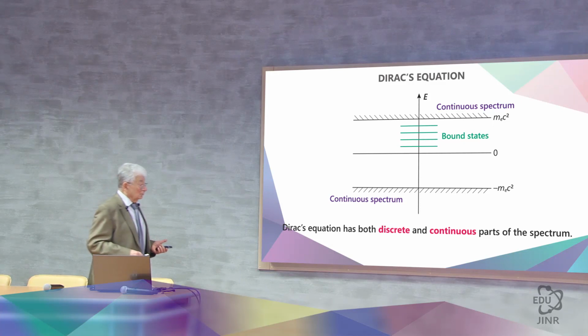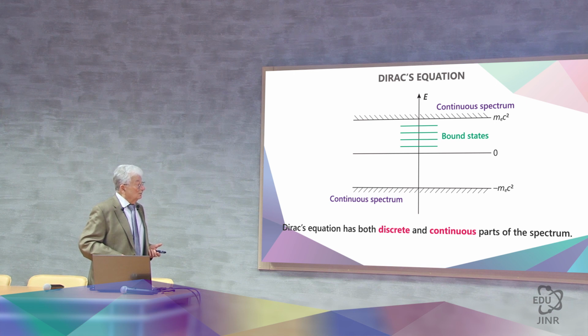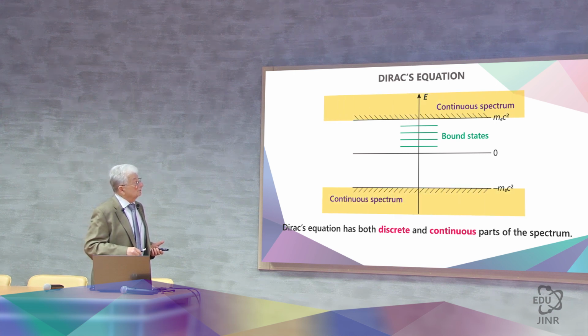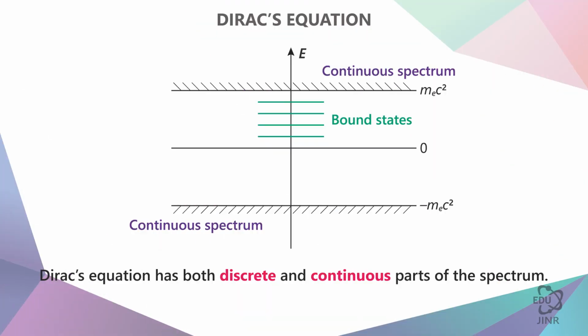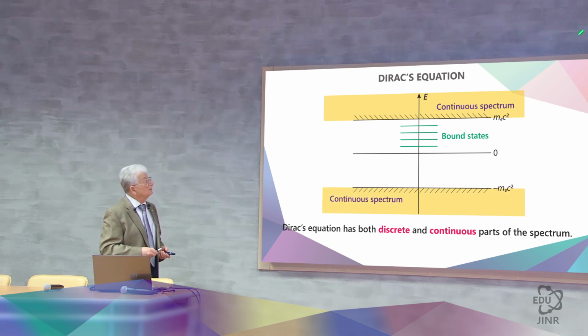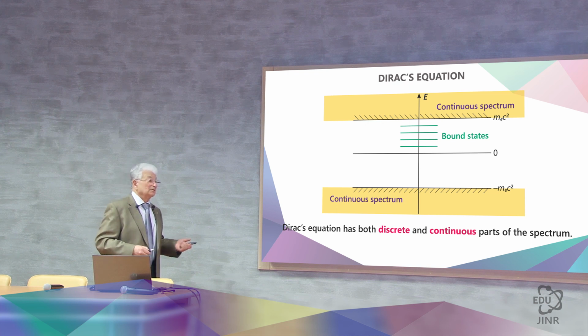Dirac asserted that this equation calculates the energy spectrum, indicating a continuous spectrum where the energy becomes greater than m sub 0 c squared, the electron rest mass, or less than minus m sub 0 c squared. And only in this interval between plus m sub 0 c squared and minus m sub 0 c squared can the electron take discrete values. Only here are atoms possible, because it is necessary that it takes on a discrete value revolving around the nucleus. This part is called the continuum,